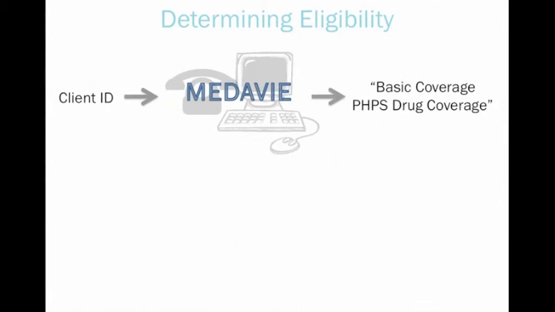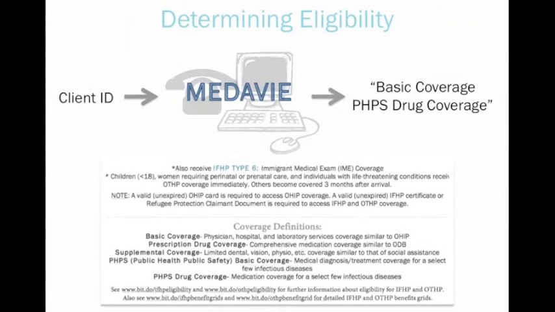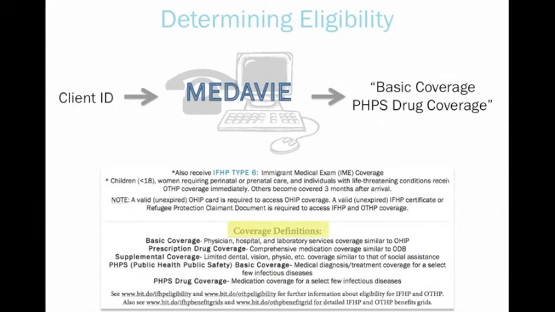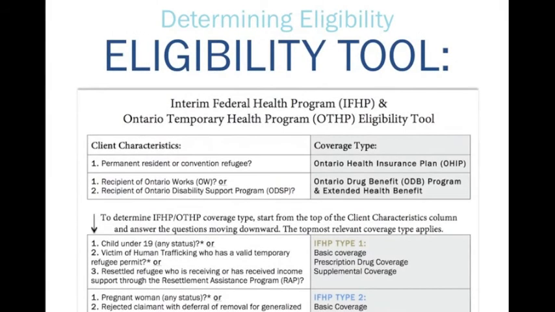These coverage types are defined at the bottom of the eligibility tool. For more detailed information on what specific services fall under each coverage type, you can view the IFHP and OTHP benefits grids on the Medavie Blue Cross website. You can use the IFHP OTHP eligibility tool to determine your client's OTHP coverage, as this cannot be found through